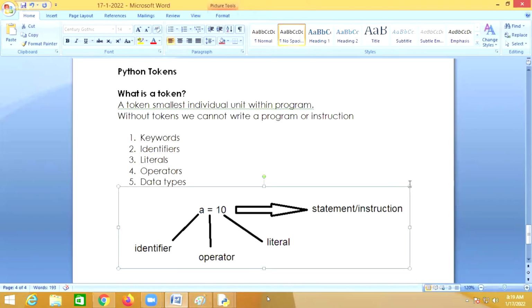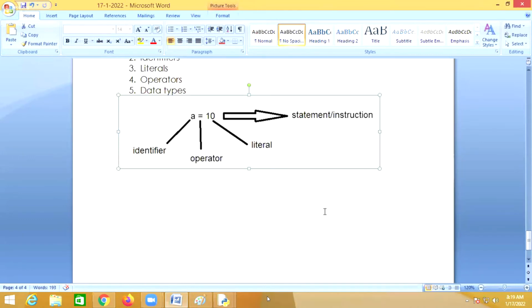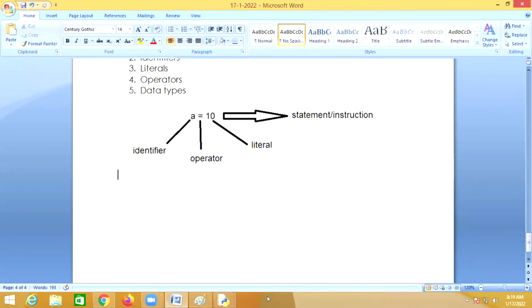Within this, the first one is the keywords. Keywords are reserved words.